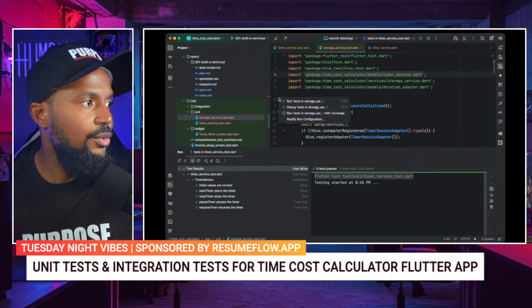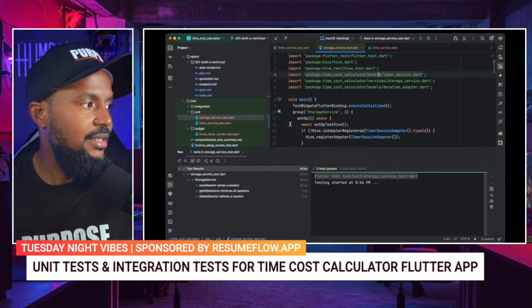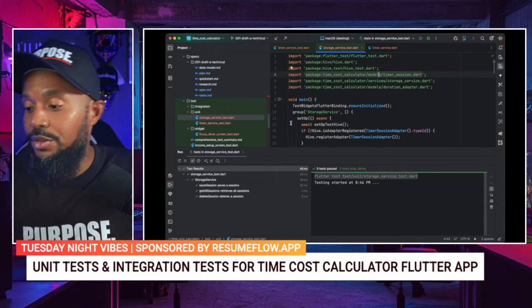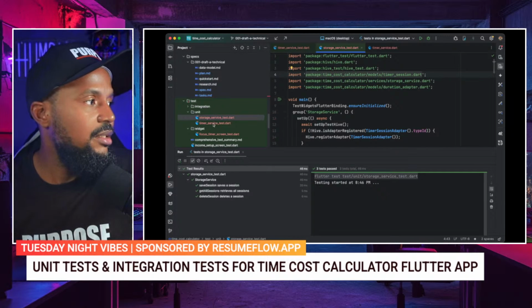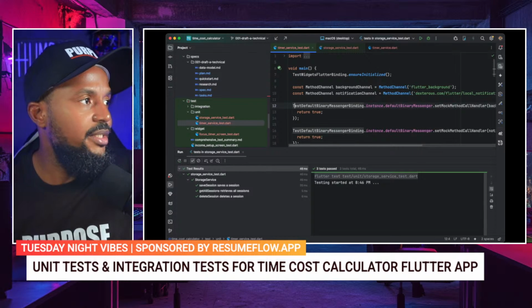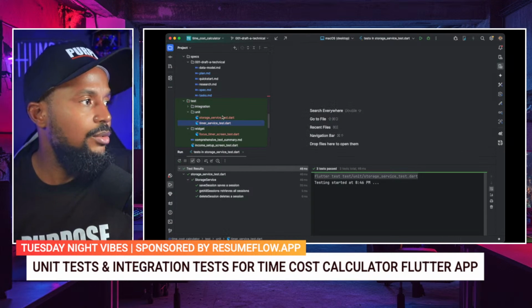And we're going to run the whole thing like we did on the last one. Let's see if everything passes. Everything passes on the storage service. Let's go. So storage service is passing. Timer, so both of our unit tests are passing. That's great. Now let's go to